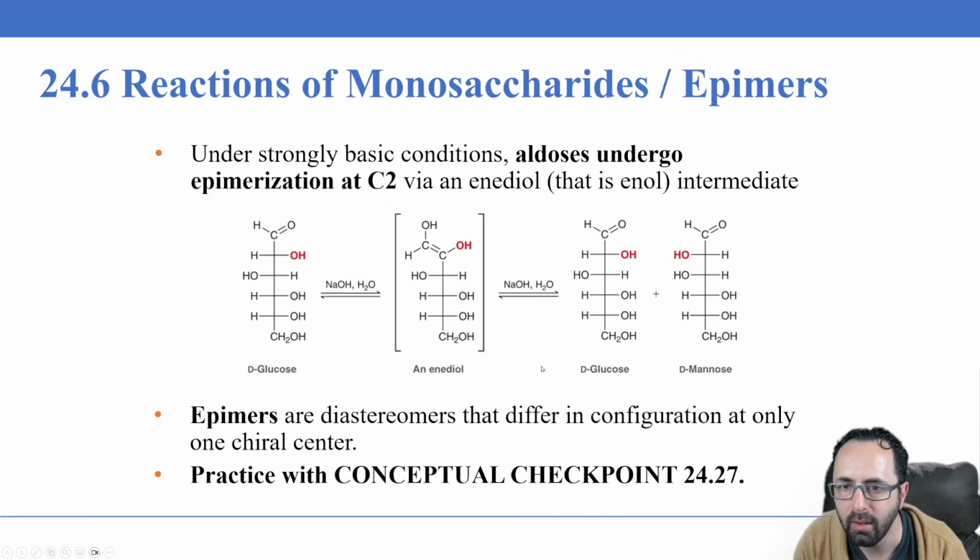Now, under strongly basic conditions, aldoses can also undergo what's known as epimerization, and this is where the hydroxyl group on the carbon nearest to the aldehyde in the aldose is inverted in its stereochemistry. And this occurs due to the fact that the oxygen here can be protonated. We have essentially the enol tautomerism. The oxygen here is protonated. We end up with a carbon-carbon double bond here between the two, and this hydrogen atom ends up